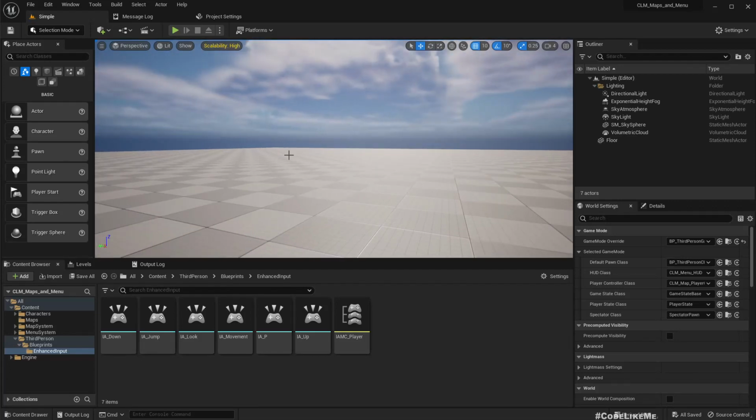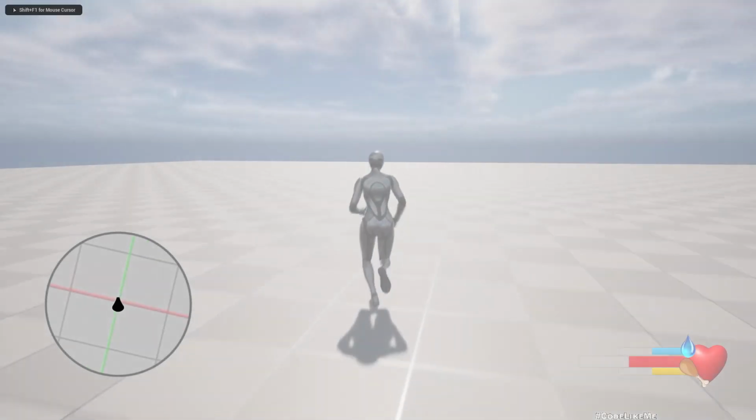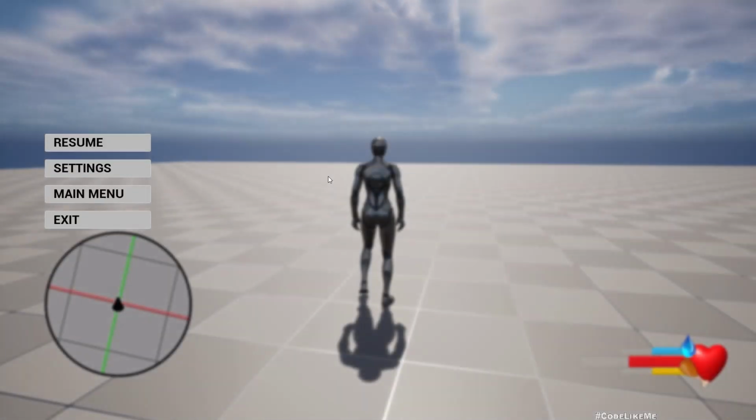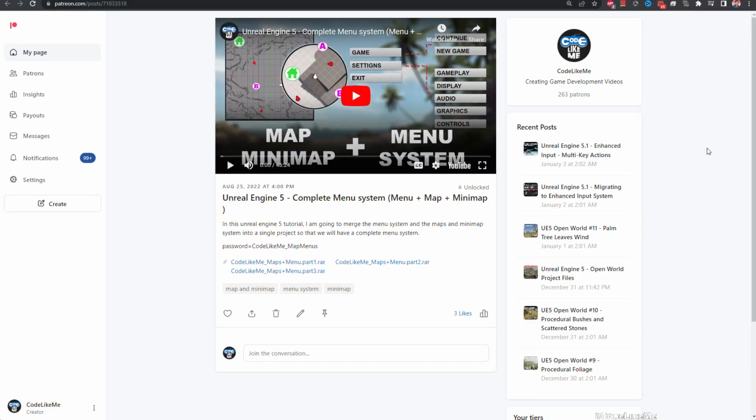Hello everyone. So today we are going to work on this. We have already created this menu system. This is actually the same project that I implemented the menu system in previously, in the menu map plus menu system video. So we worked on this system